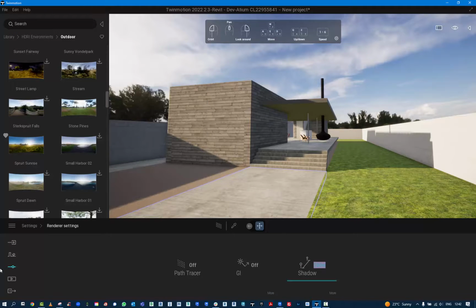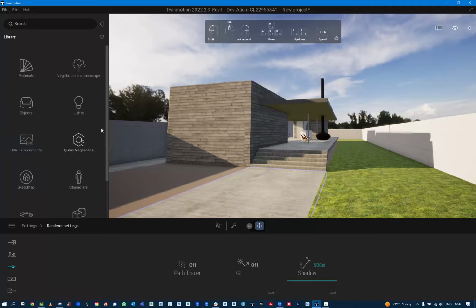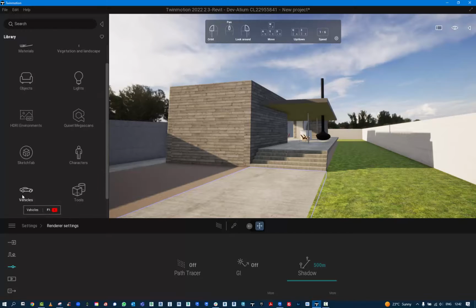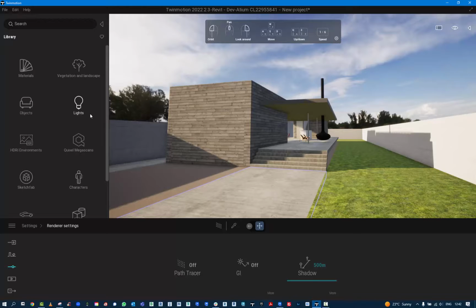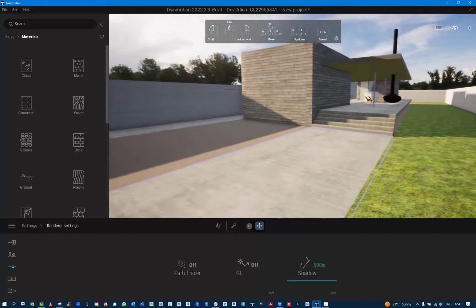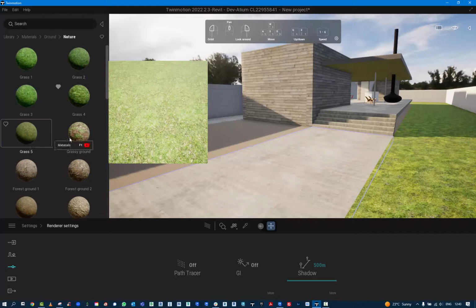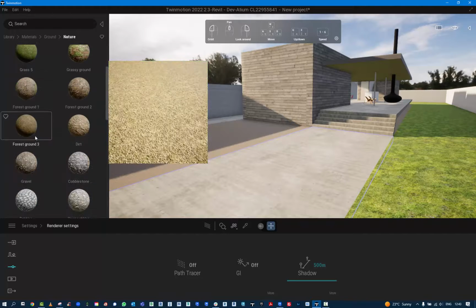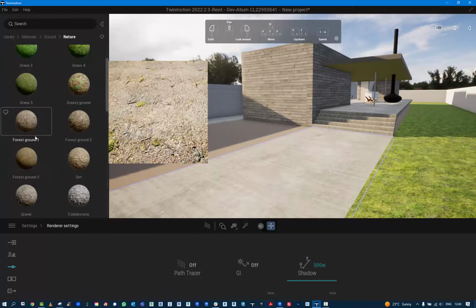Now I want to look at putting some context into this to make it look a bit more believable. So vehicles, we're at the driveway here. In fact, we'll do materials first, and then we'll populate it with context. At the moment, if we look at the driveway, the entry, we might want to look at ground coverings: nature, man-made. Nature is all your grass. This is kind of a holiday house or a bach, so we'll choose some sort of grass that maybe isn't